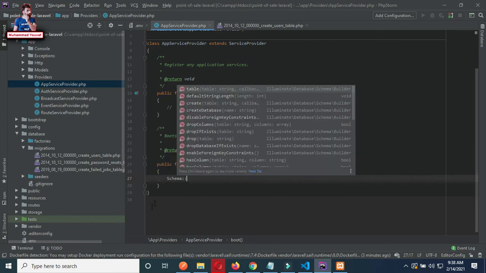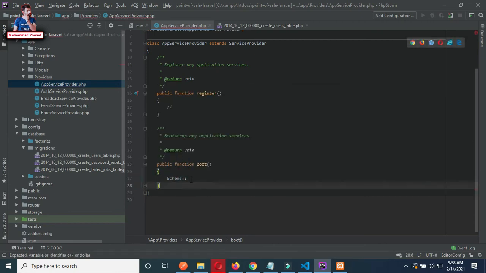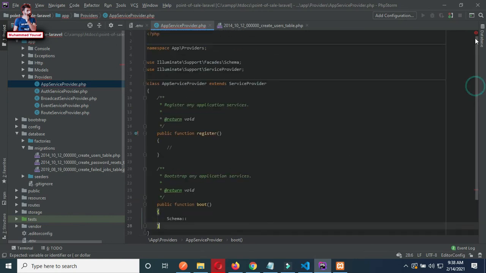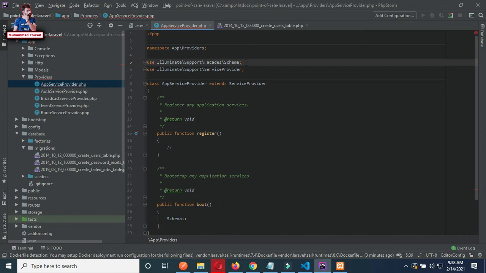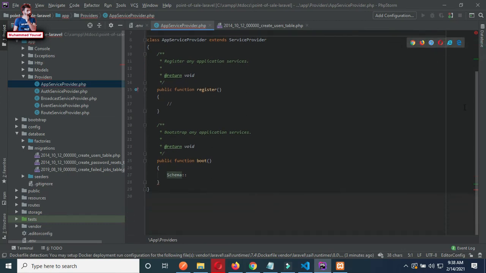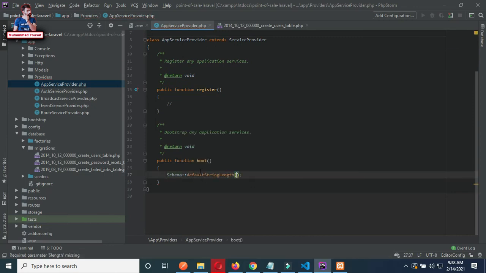So now I have imported the schema. My favorite text editor is automatically importing the libraries. But if your editor is not importing the libraries automatically, you have to import this here, like is given here: use Illuminate Support Facades Schema. And after importing that, you can use this library. So default string length I will put here 191.